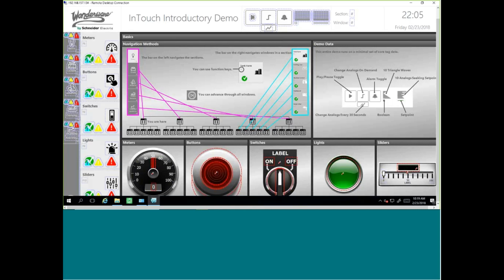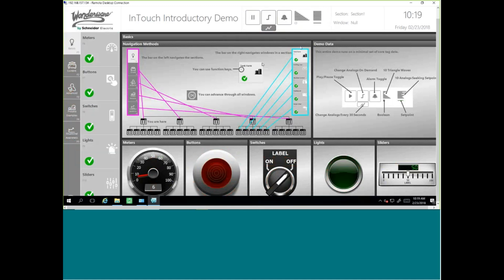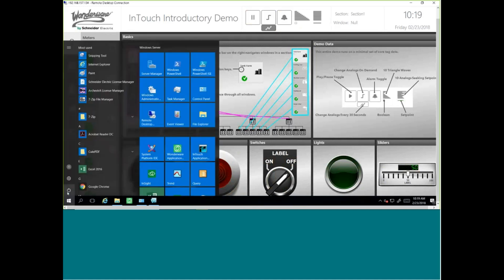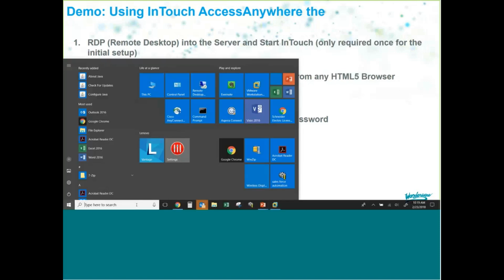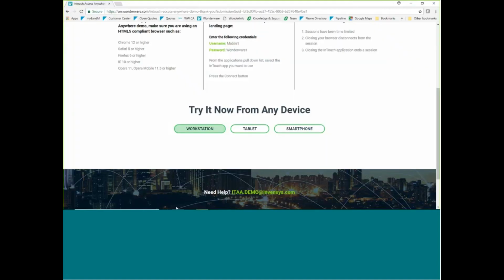Here it goes. It's loading for the first time. All right. So now I'm going to go ahead and log off. I'm going to click disconnect. So I'm disconnecting from my remote desktop session. All right. Now what I can do is go to my web page. I'm back now on my Windows 10 computer, my laptop, and I've bookmarked